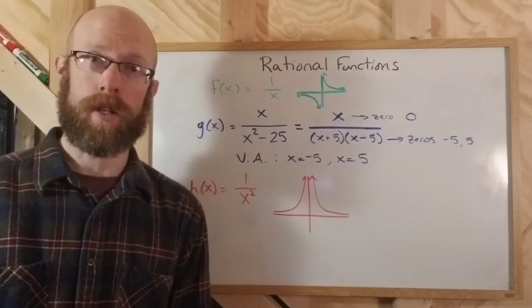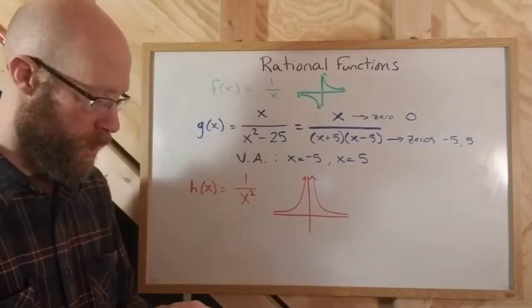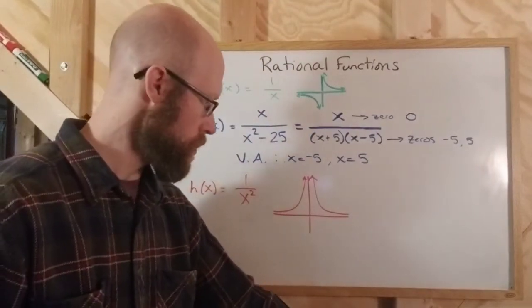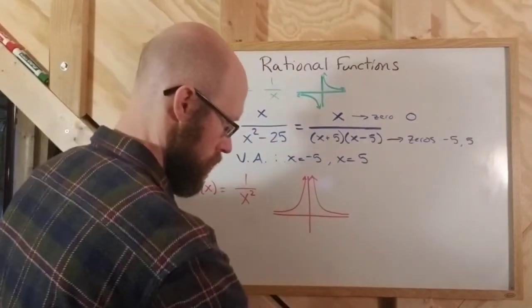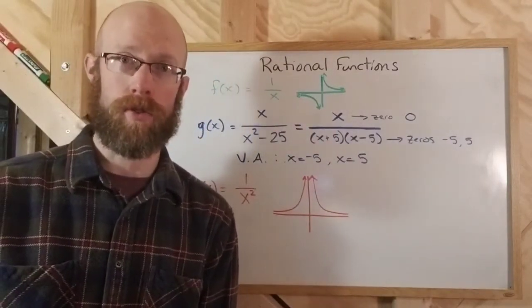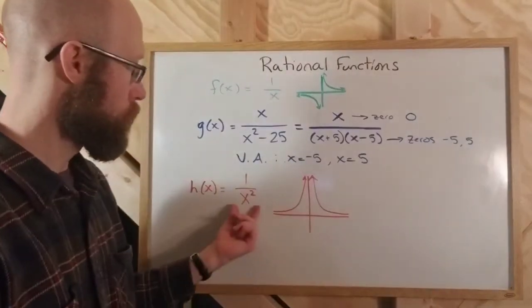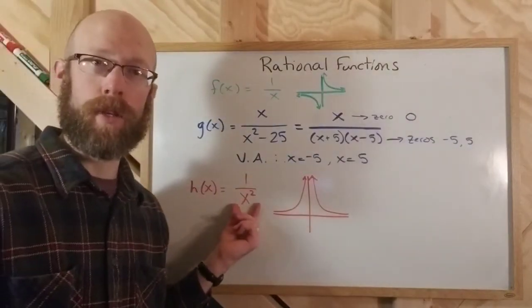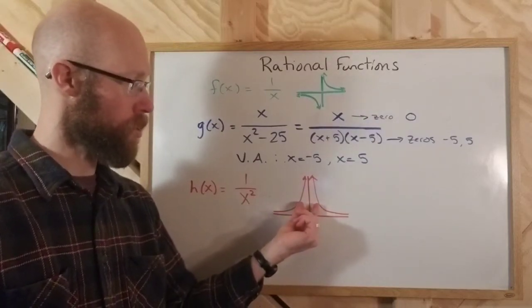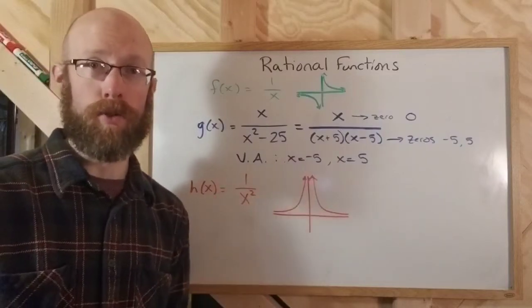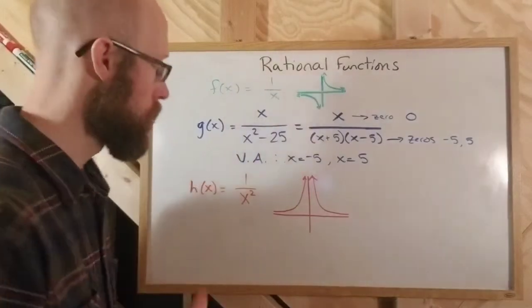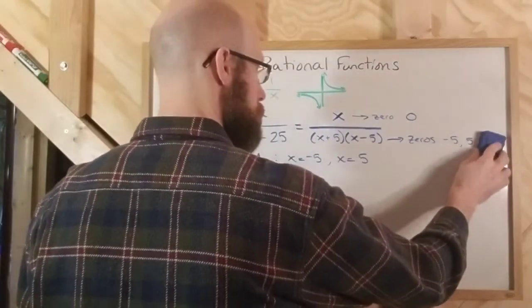Remember, we studied multiplicities with polynomials. With polynomials, if you have an even multiplicity, then the graph touches the x-axis and then turns. It doesn't go through. Well, with rational functions, if you have an even multiplicity in the denominator, then you're going to have a vertical asymptote where the graph approaches in the same direction, either both going to infinity or both going toward negative infinity. Okay, so to summarize this a little bit,